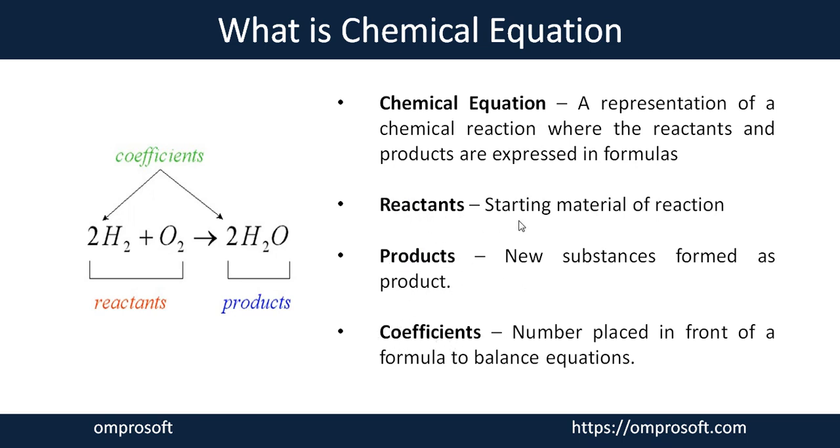Reactants are nothing but the starting materials which take part in the reaction. And the products are new substances or end substances which form during the chemical reaction. And the third one is coefficient. It's just a number we place in front of reactants and in front of products to make a